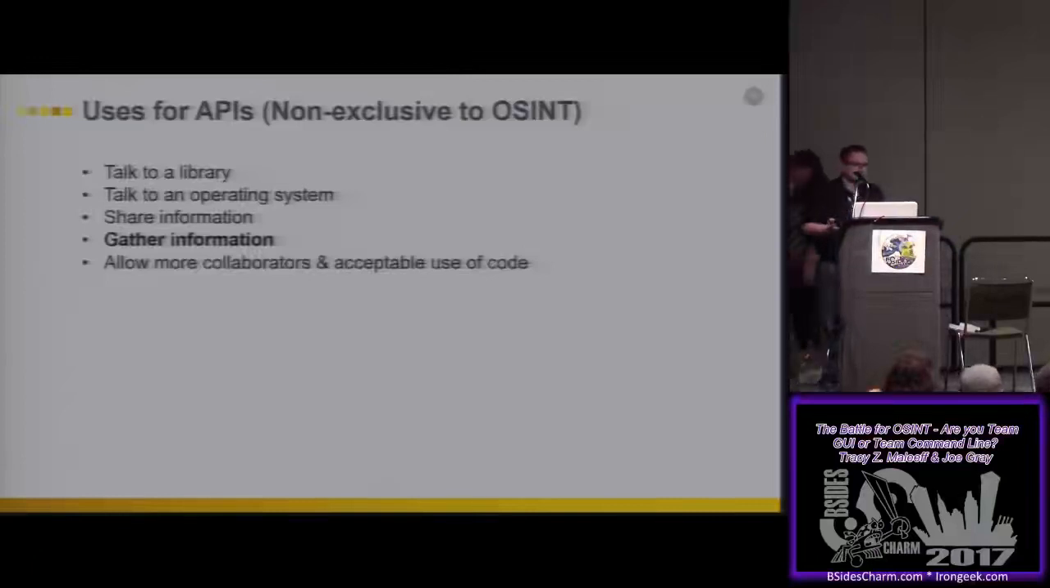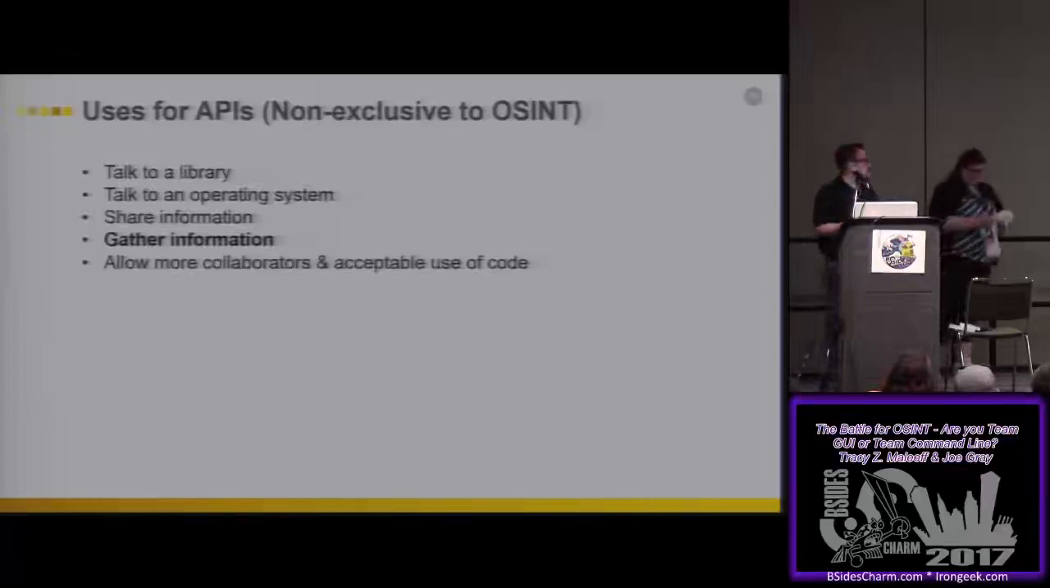There are APIs for operating systems. Many times it's used to share information, or in this context, gather information. Sometimes it'll be like, hey, we have this service, we distribute video for this. If you want to use it on your website, here's how you get an API key and you can use our code. That's what it's ultimately for. But in the OSINT sense,